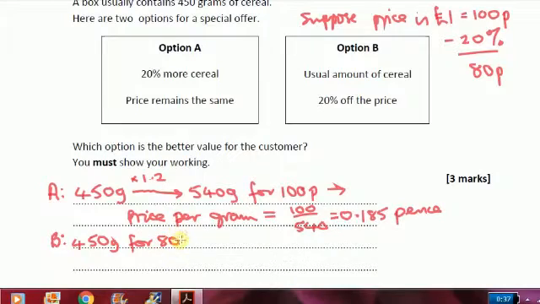So 450 grams for 80 pence, which gives us a price per gram. Total price is 80 divided by the number of grams that you get, 450. If you do that on your calculator, you find that it's